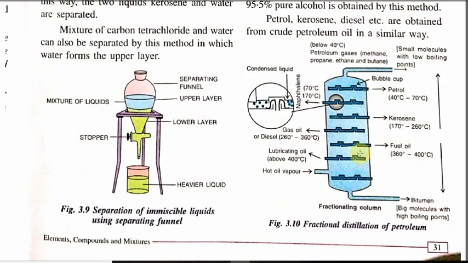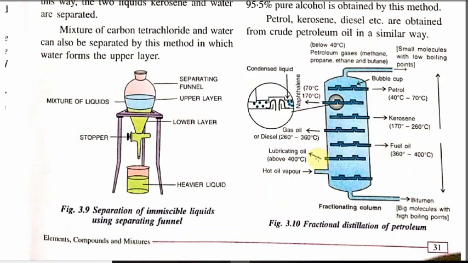You can see that petrol has a very low boiling point, so it will be converted into vapor first. You can see the point, very low temperature, so petrol vapor will pass through this pipe. Now kerosene has a higher boiling point, so it will not rise very much. So you can see, compare the petrol and kerosene. So kerosene vapor will go through this pipe. Again you can see this is fuel oil. Compare the temperatures, 40 degrees, 170 degrees and 360 degrees. So fuel oil will go through this pipe.